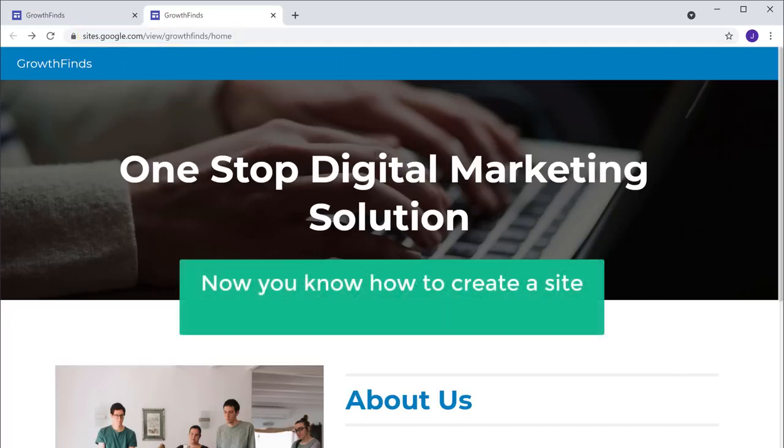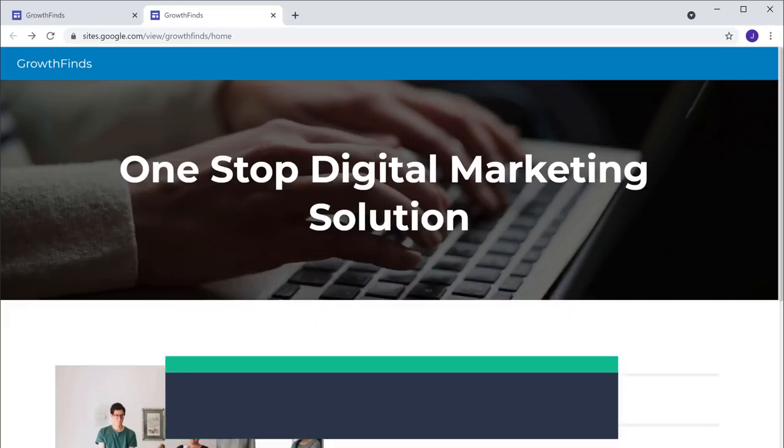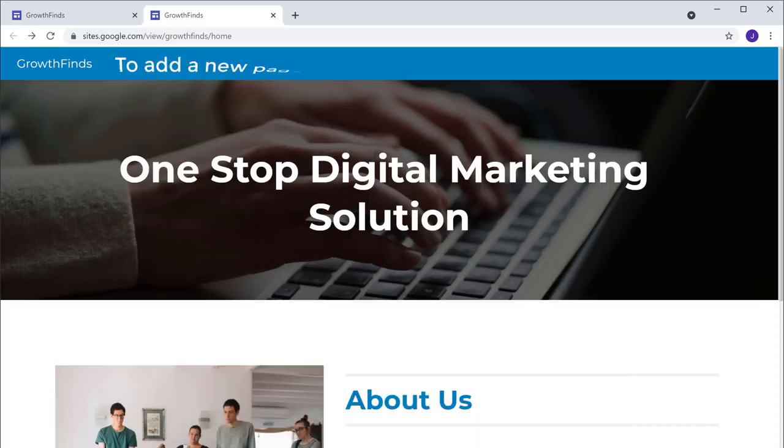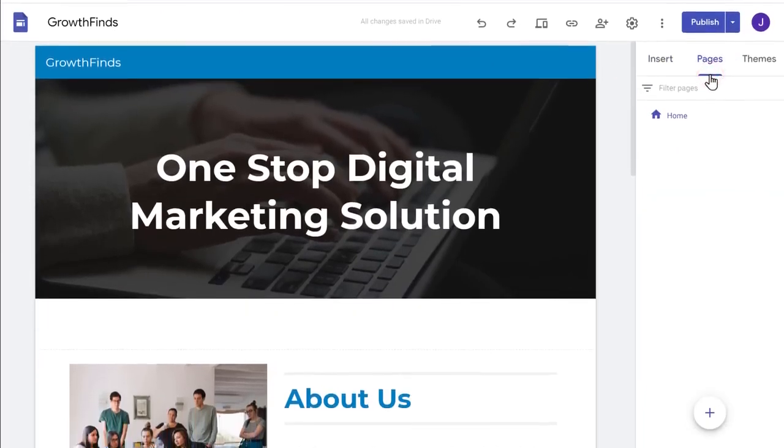Okay, now you know how to create a site and publish it on the internet. But what if you want to add a new page to your site? So next, let's see how you can add a new page to your website. So to add a new page, let's go back to this tab. Click Pages. Now go here